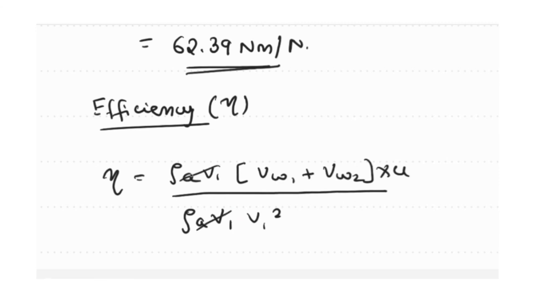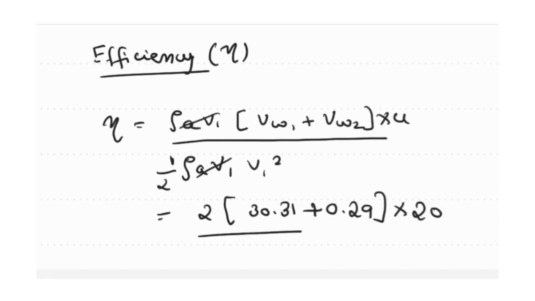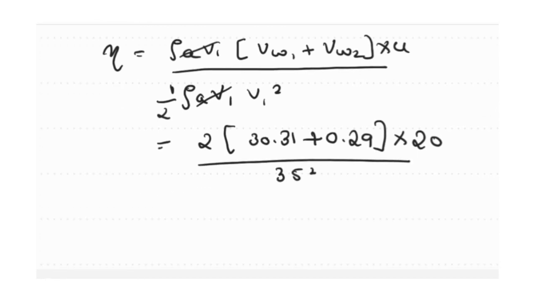So this gets cancelled. Here the half is left, half into mv square, so 2 will go to the numerator. Substituting the values, 2 into VW1 is 30.31 and VW2 is 0.29 into U is 20 divided by V1 square, which is 35 square. So we'll get efficiency eta is equal to